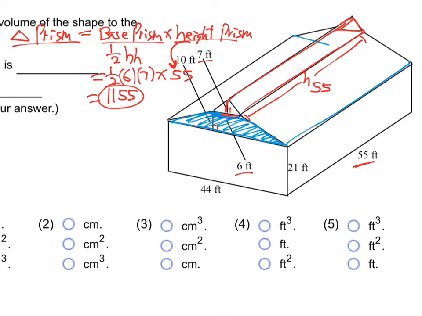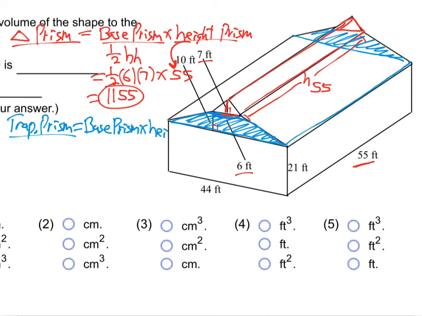You could picture it, sort of. I'm not very good at drawing that, but I'll just say that. It goes all the way to back here. So it's a trapezoidal prism. But any shape that's a prism that goes same shape to same shape, it's the base of the prism